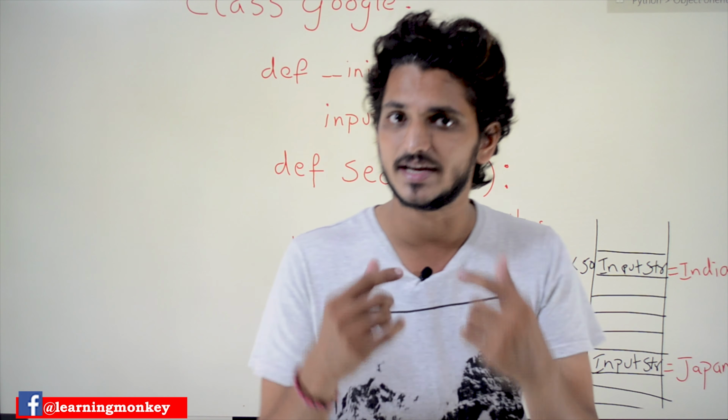interpreter automatically calls a method. Which method it will call is the init method, underscore init underscore. This method is called automatically by Python interpreter. Whenever we are creating an object, this method will be called automatically. A separate space is assigned and the space is given at 50 memory location. This 50 is assigned to self. Python will do it automatically.